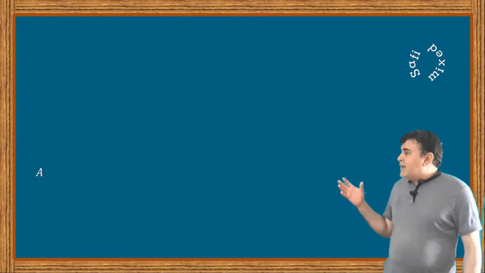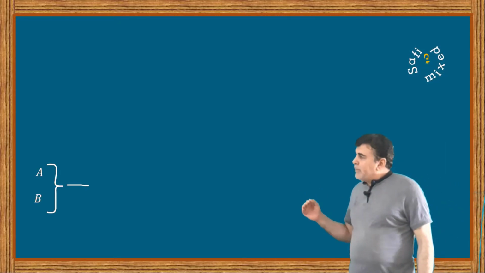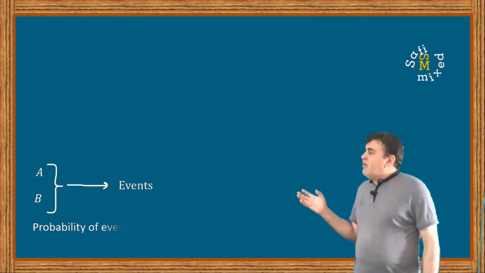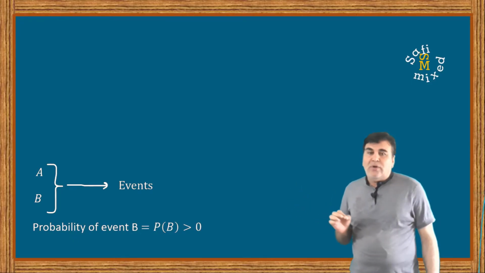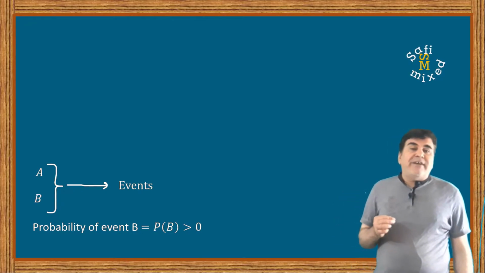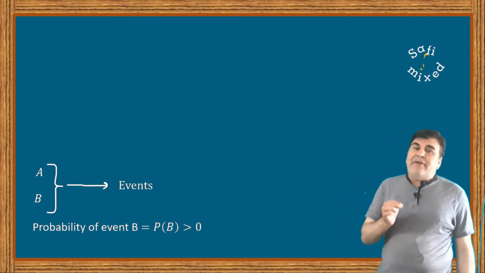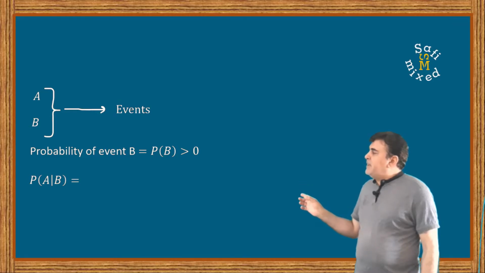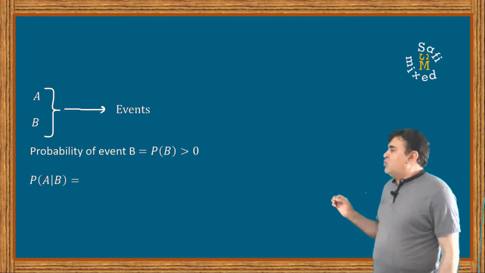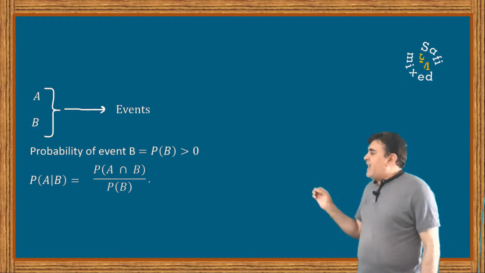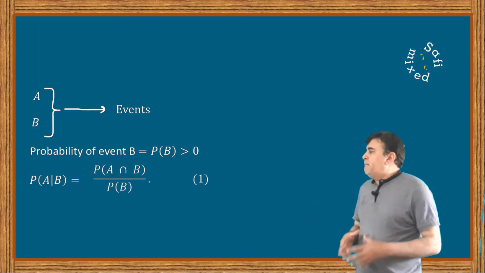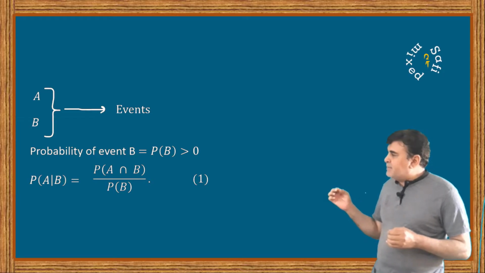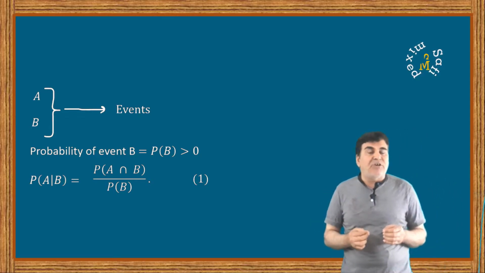Suppose A and B are events in a sample space omega, and suppose that the probability of B, that is P of B, is greater than 0. Then the conditional probability of event A given event B is written as P(A|B), with a vertical line, and is read as P of A given B, equals the probability of A intersection B divided by P of B. To understand the concept of this equation deeply, let us consider the sample space of a fair dice